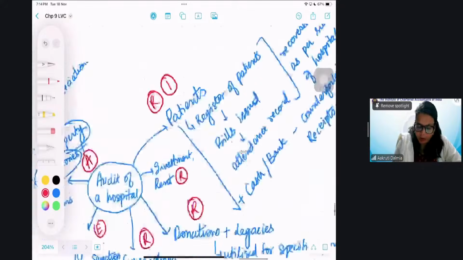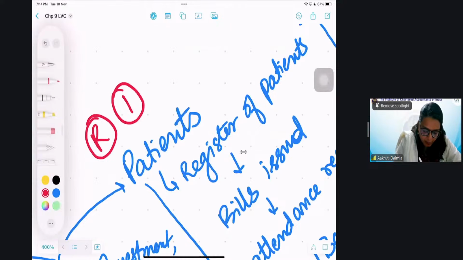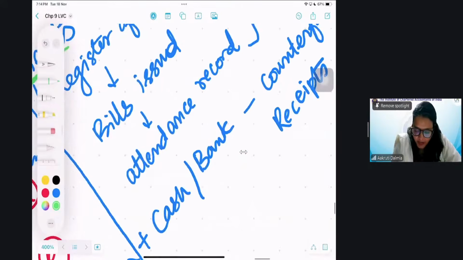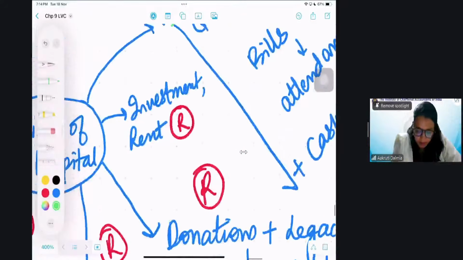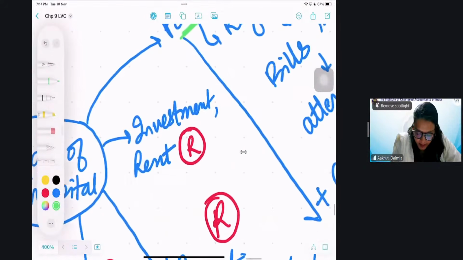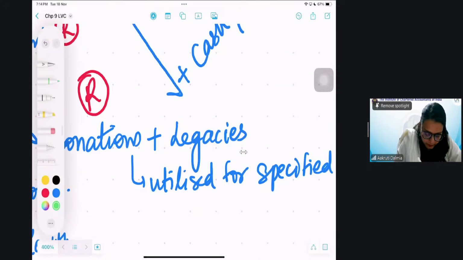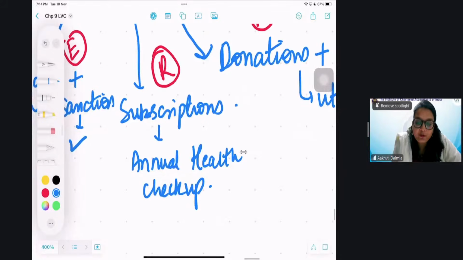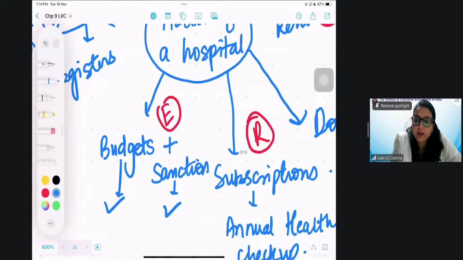Okay. So what all did we do? Audit of a hospital. First, let's look at all the patients. Register of patients, bills issued, attendance record, cash and bank reconciliation. It should be properly recovered as per the hospital policy. Income from investment and rent. Income from donations, legacies. You can also add here grants. All are same, okay? Means all are one kind of thing, utilized for specific purpose. Then any kind of subscriptions if you have received, annual health checkup. Then budgets is properly made,